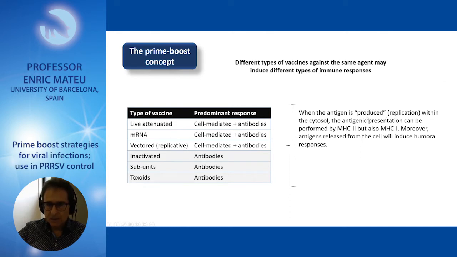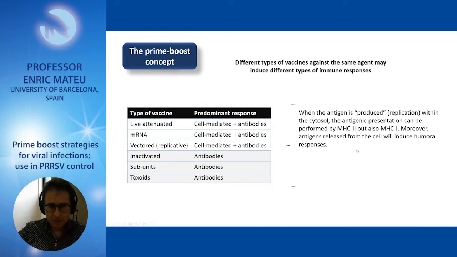And as a result of that, the antigenic presentation may happen by means of the class 2, but also the class 1 histocompatibility antigens. As a result of the infection, we also have release of soluble antigens that will induce humoral